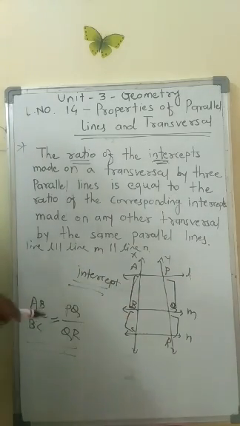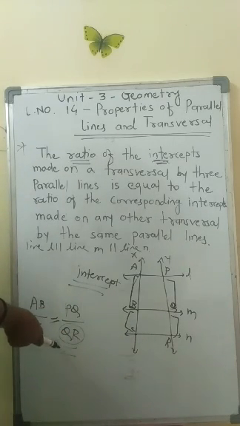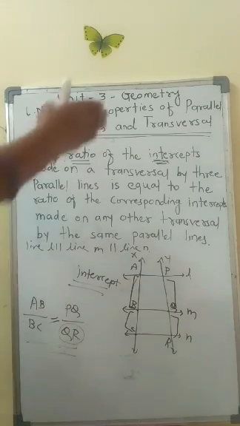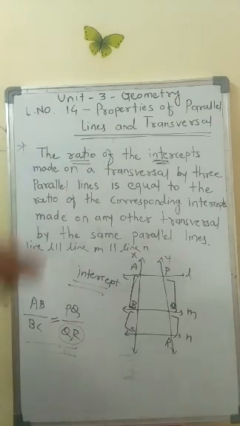Sometimes in exams, the length of one of them is not given, and you have to align them and find it out. You will understand how to find it out when it comes in an example. Okay, the length of the part of the intercepts which is not given in the question. So learn that. I hope you all understood very well. Okay, revise all the properties of parallel lines and transversals.